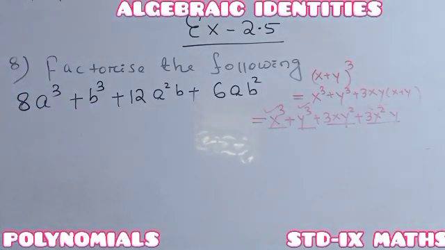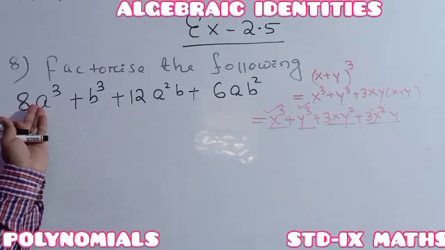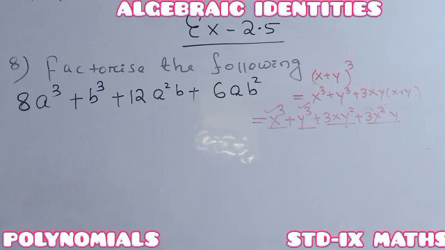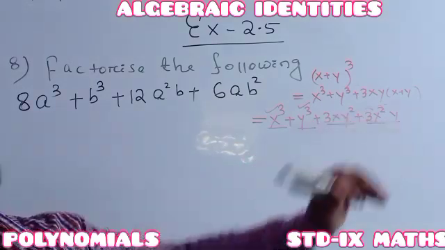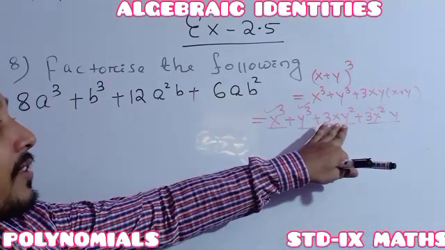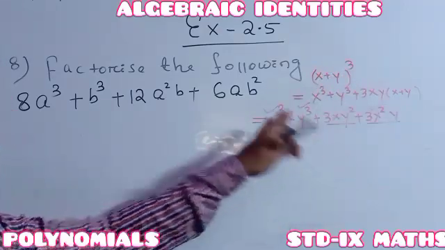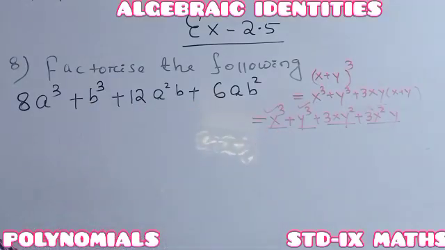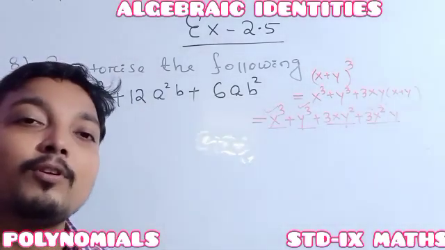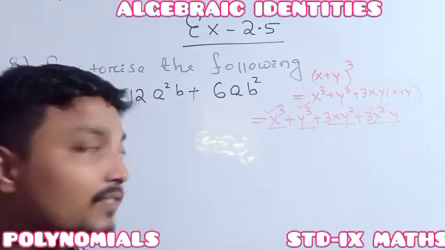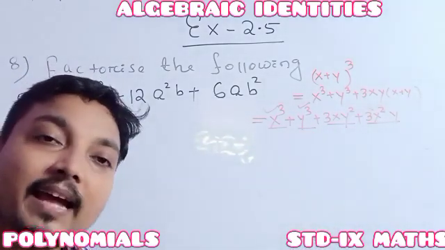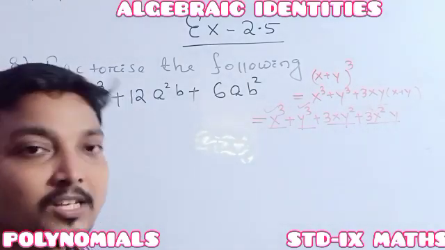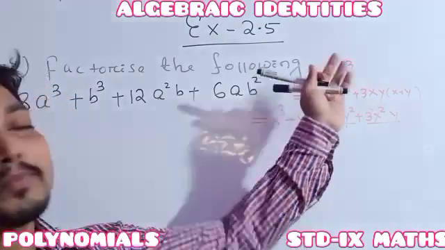So here we have to find out which one is the cubic term. Here it is clearly seen that this one is a cube, and this one is a cube. After that we have to give a proper form to this. Just like the expansion form of (x plus y) cube, in the same way we just have to arrange it in the expansion form of the right side. Whenever we are capable of expressing it in the expansion form of the right side, from that arrangement we can find which one is the first term and which one is the second term, so that it can be written in the form of (x plus y) whole cube.